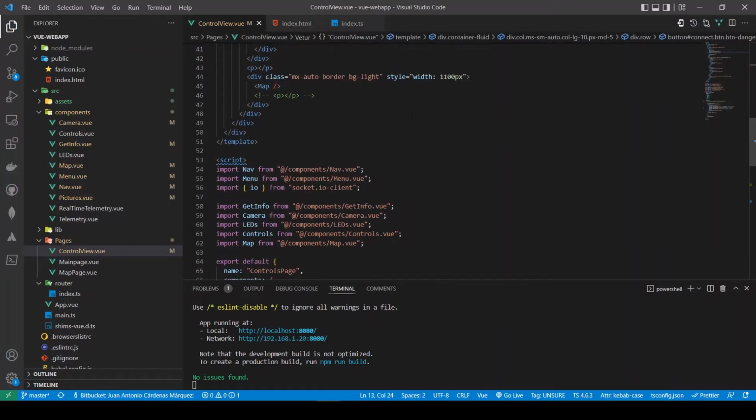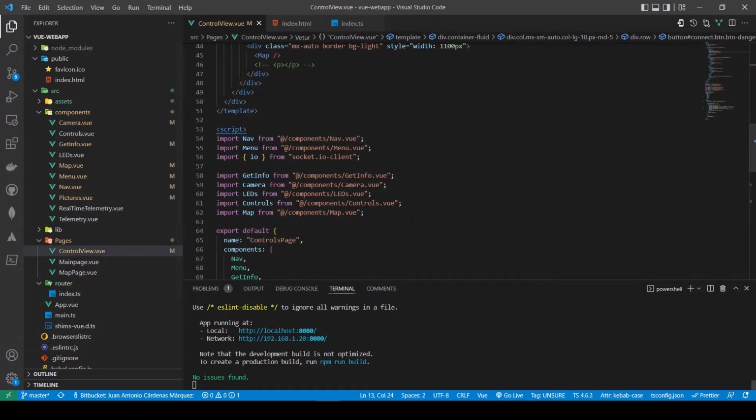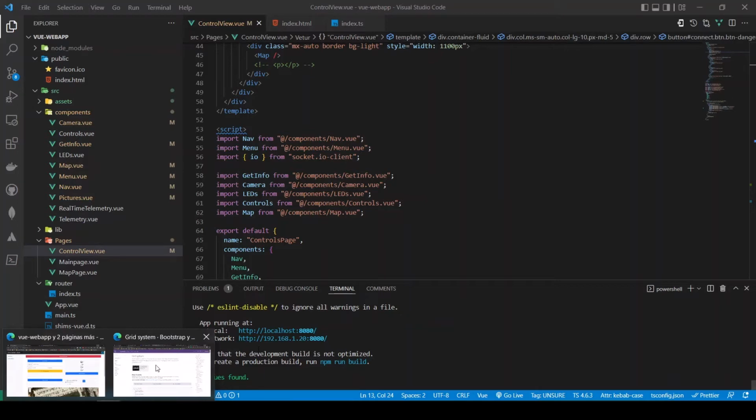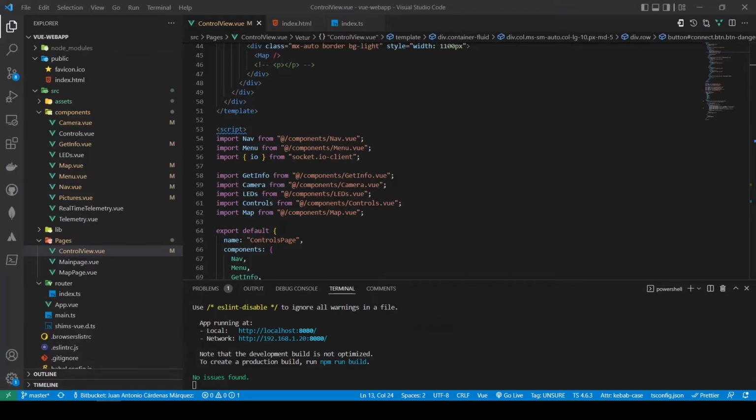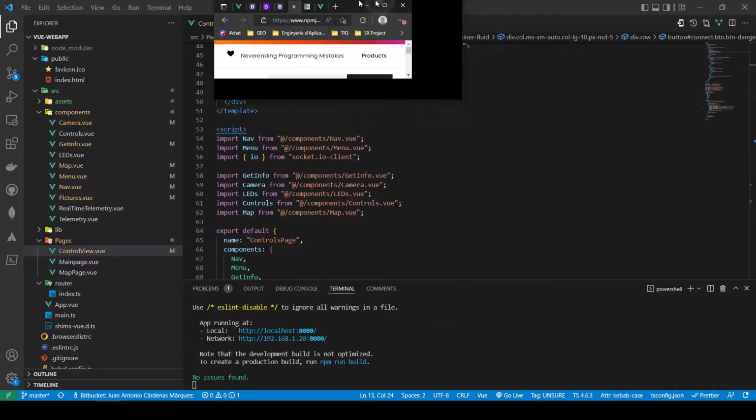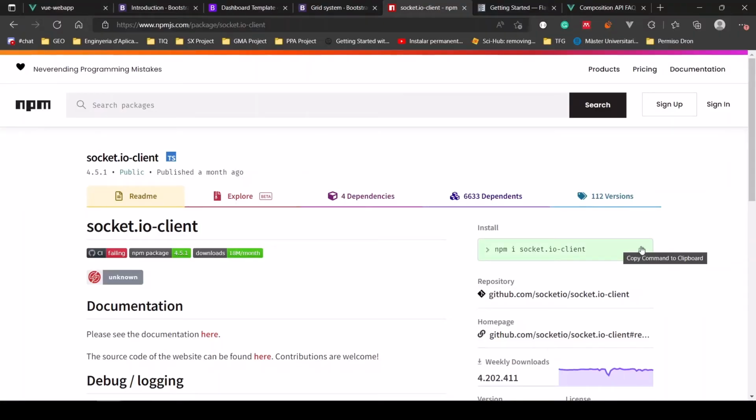We also need this library, socket.io. So you will have to install it with the npm package manager, with this command here,